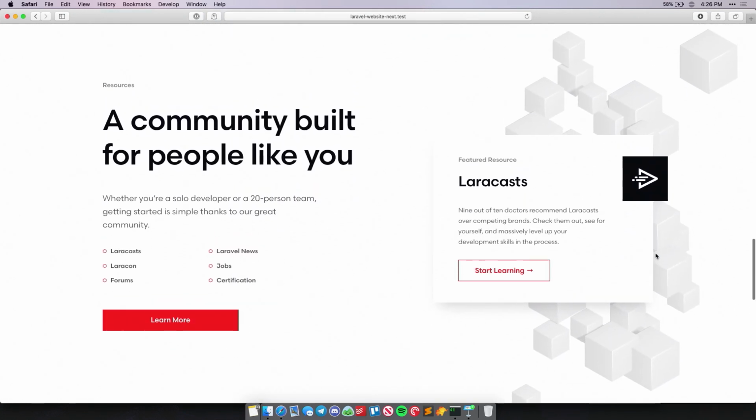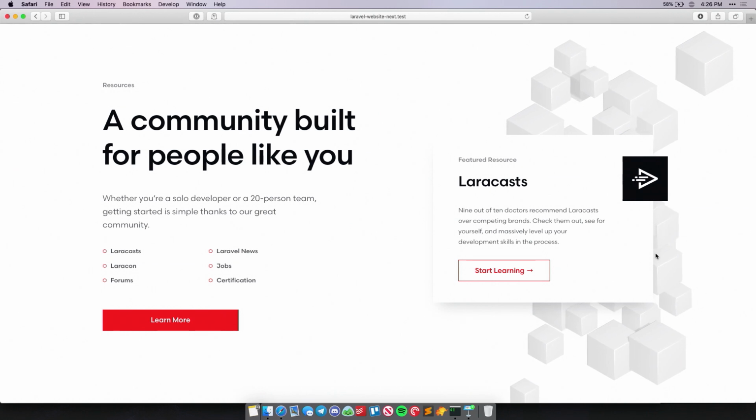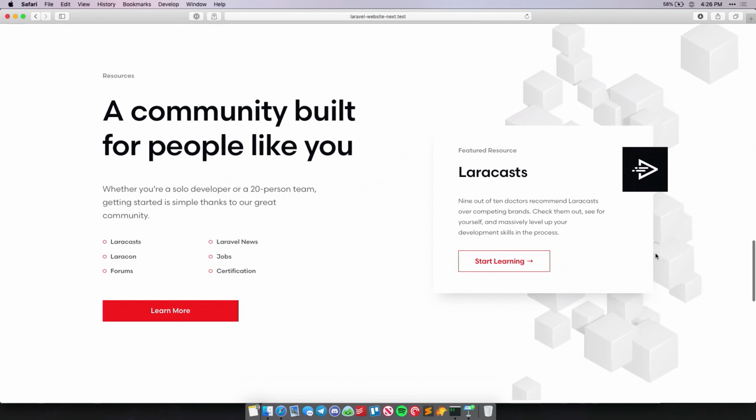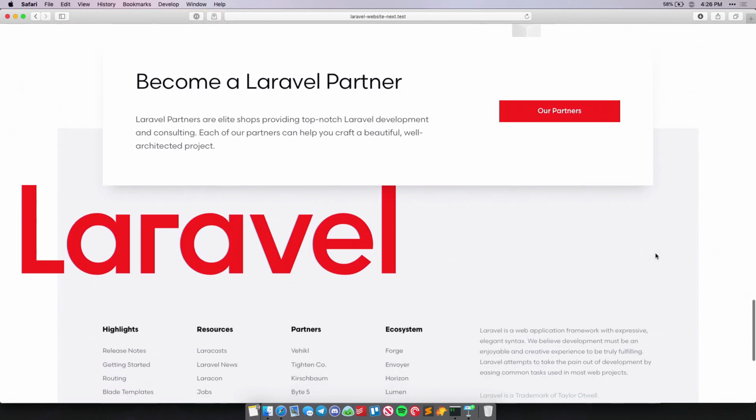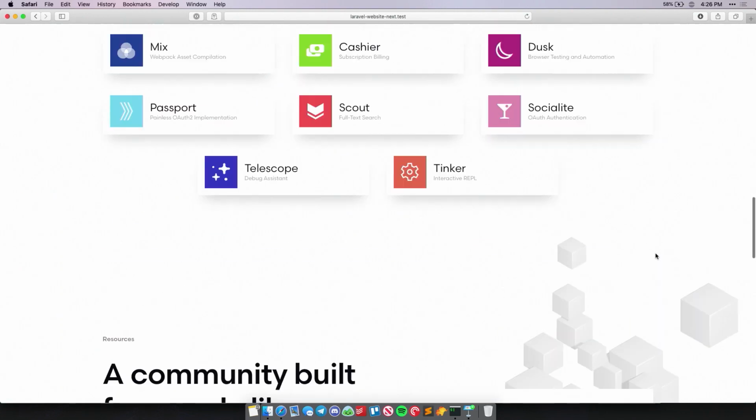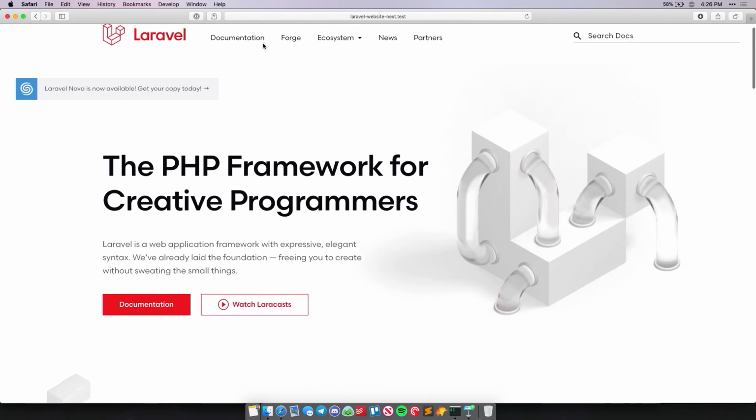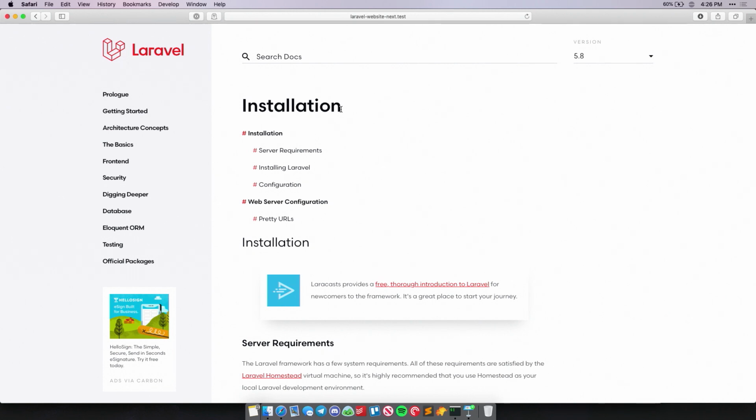Highlighting some parts of the community, which we can swap out and rotate as people build cool things to show what the community's doing. And then, of course, showing our Laravel partners, which are the development agencies that we recommend if you need Laravel work done.